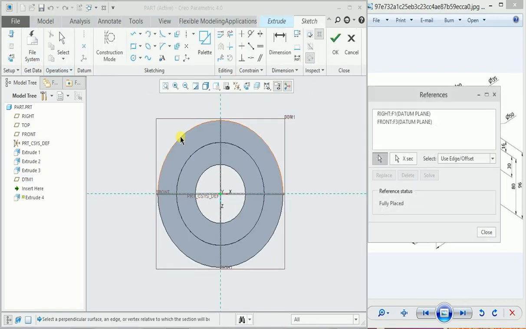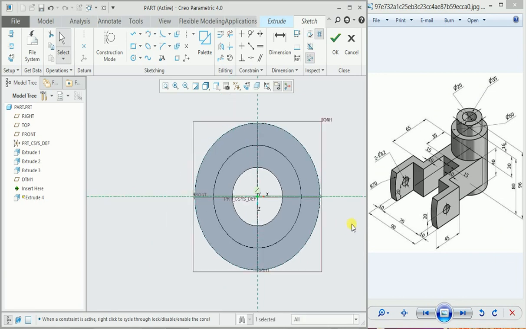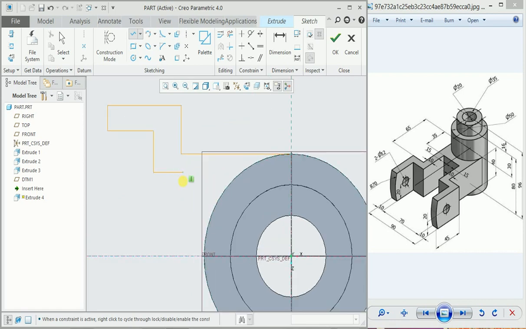go to the references, select this outer circle, close this, take center line, draw one horizontal center line here, press middle mouse button, then take line, start line from here, then vertical line, one horizontal line, again vertical, horizontal, vertical, and one more line like this. And here press middle mouse button, then take center and end arc, click here and draw one arc here, press